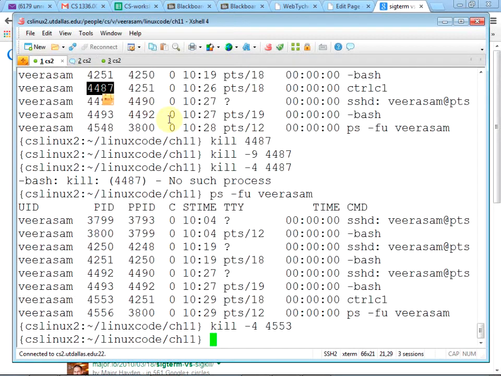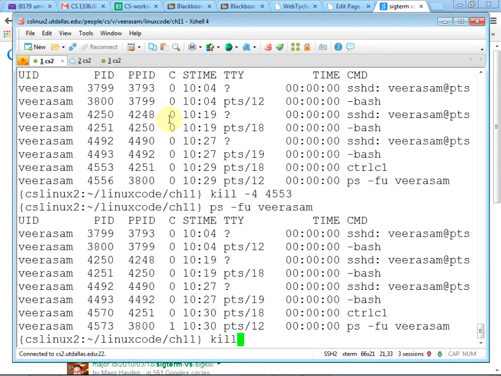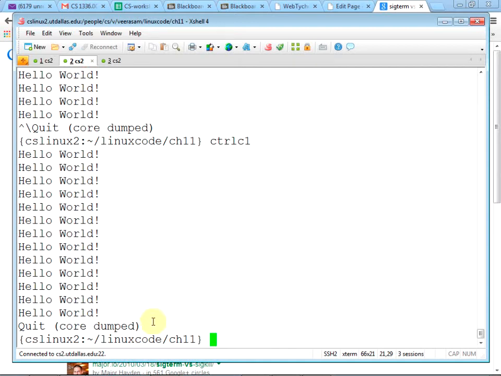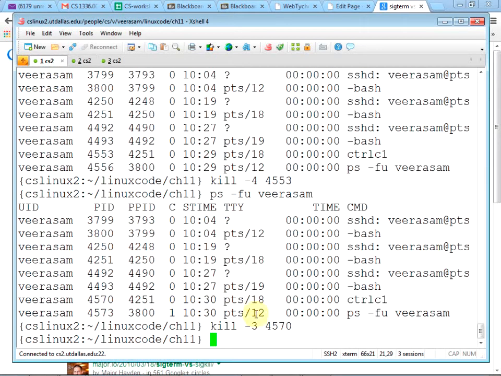Let's try one more thing here. Okay, kill minus 3. Do you think this will kill? No, that is 4. 3 we didn't catch. SIGQUIT is something we didn't catch. So see, the 2 and 3 really aren't meant for sending signals from somebody else. It's really for keyboard input. When you press Control C, it's SIGINT, interrupt. So 3 is for Control and backslash, kind of like a sure kill for keyboard input. But you can use it for other places too.